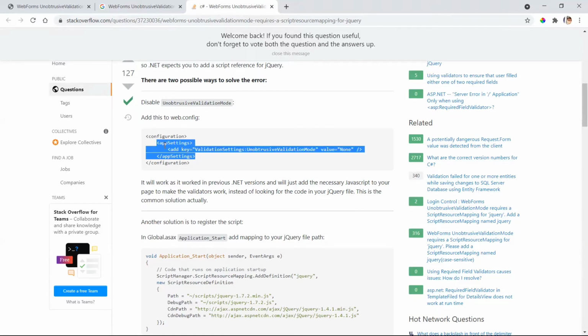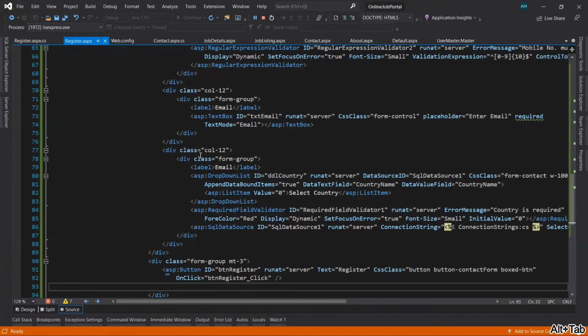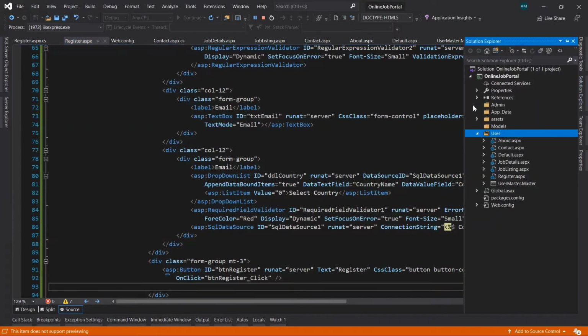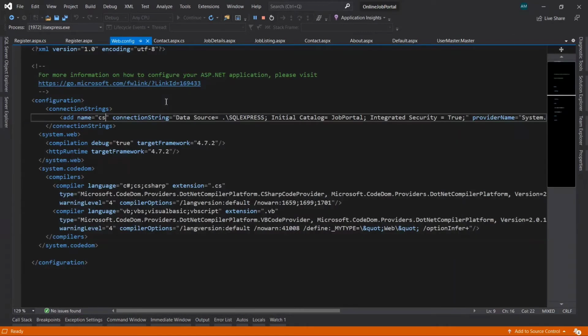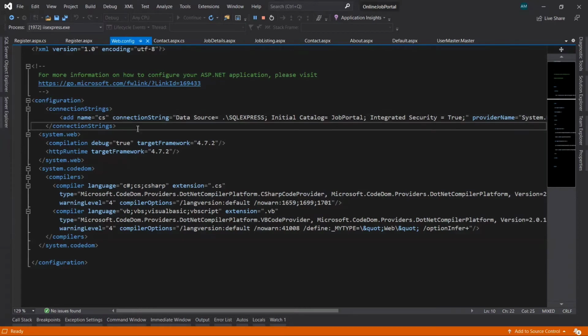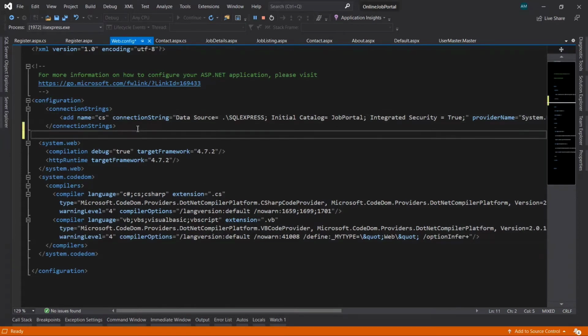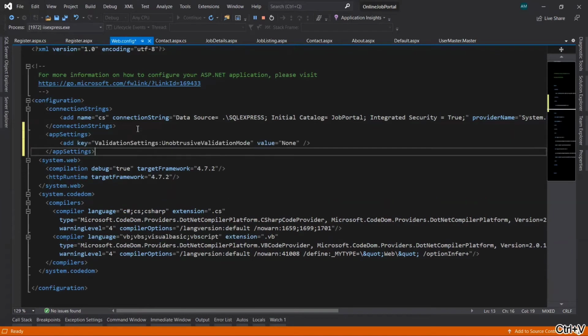Just copy this appSettings, open your project, go to the web.config file, and paste it after the connection string or just before the connection string.